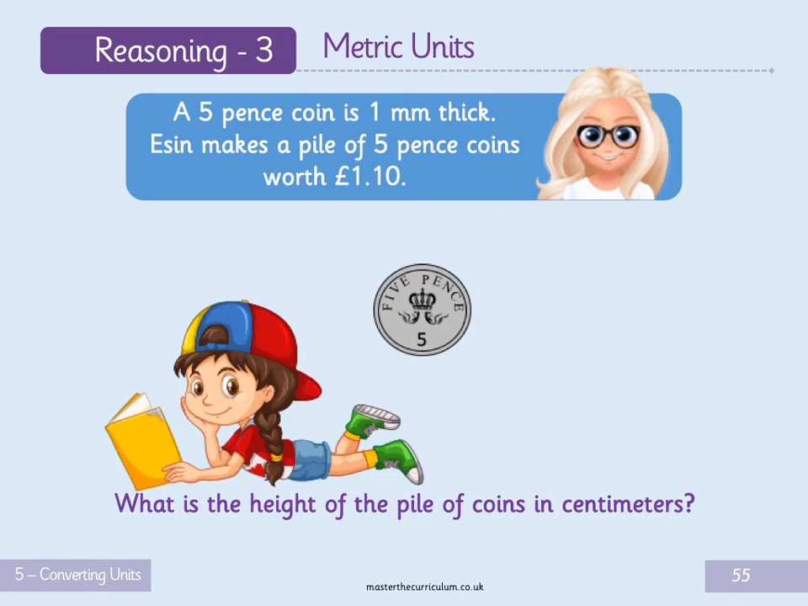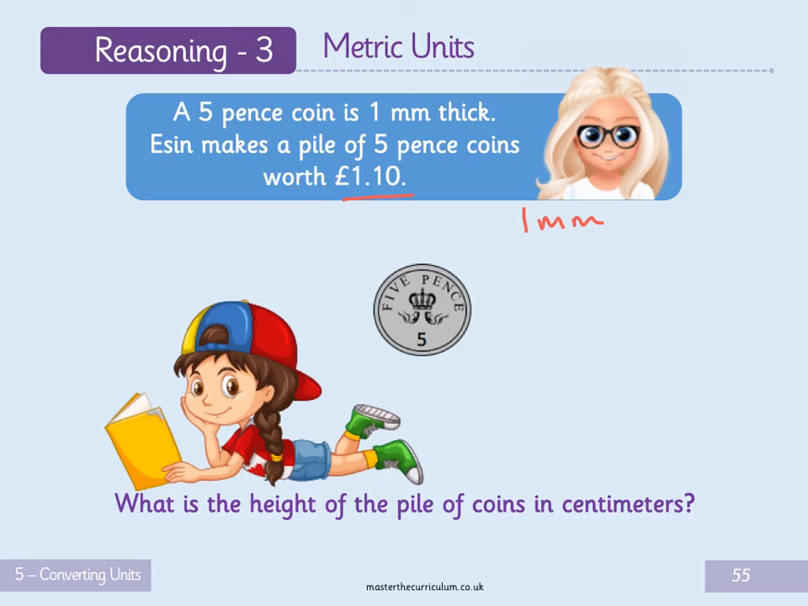Okay, a 5p coin is 1 millimeter thick. Ezen makes a pile of 5p coins worth £1.10. What is the height of the pile of coins in centimeters? So each one of those 5p is 1 millimeter thick. Okay, she's made a pile that's